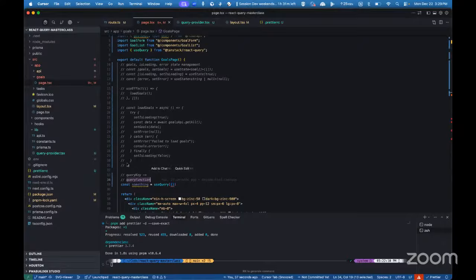So our query function is basically this goalsAPI.getAll. If you look at goalsAPI.getAll, what this function is doing is calling a fetch which will create a network request. It is checking the request was okay. If the request is okay, it will send the JSON. If the request is not okay, it will send the